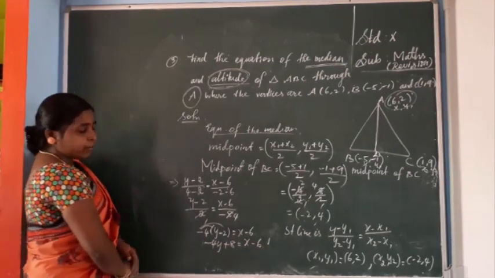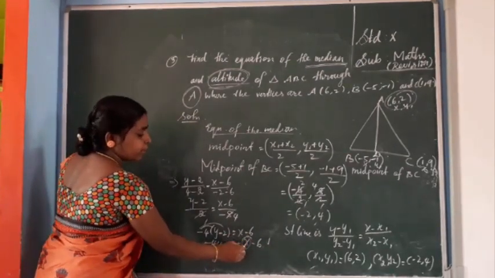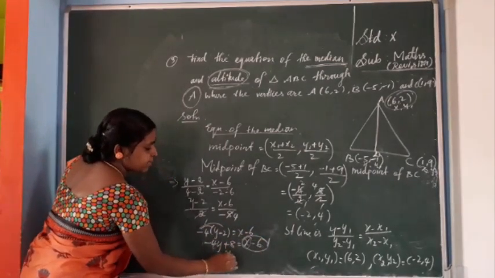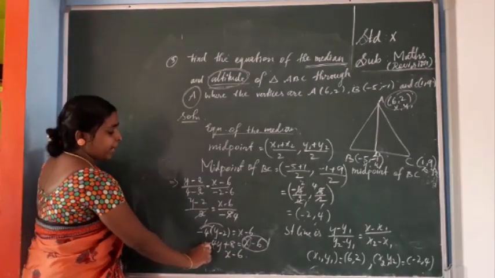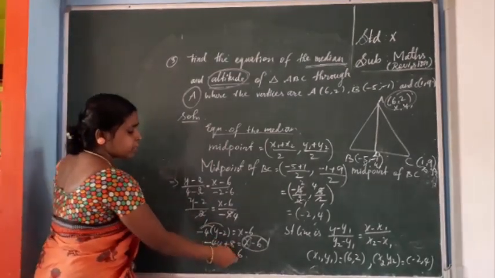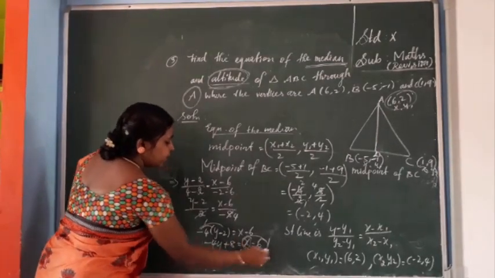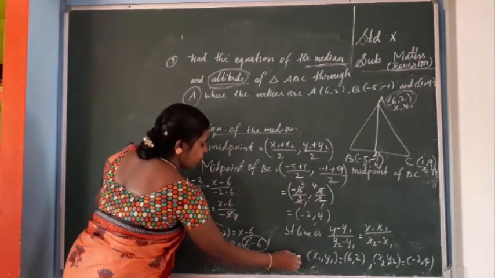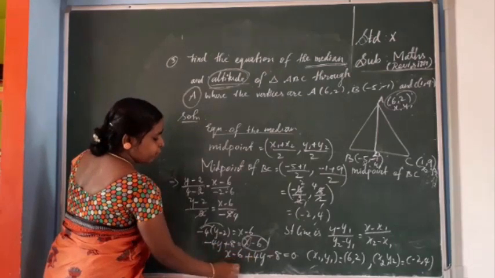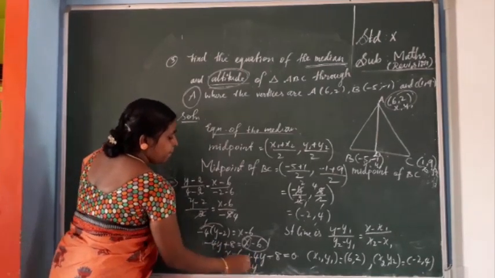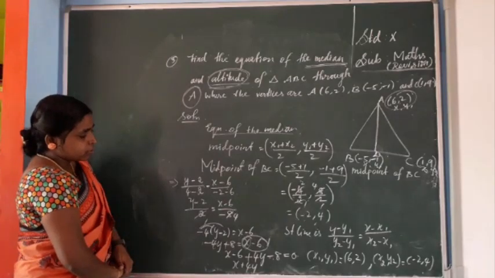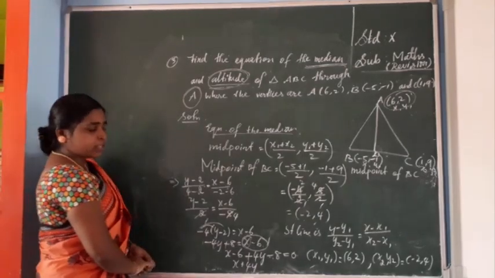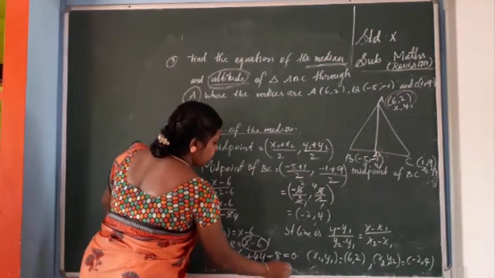Now you take everything from the left to the right hand side, because x is positive on the right hand side. What do you get? On the right hand side there is already x minus 6. Then minus 4y, when you take it to the right hand side, becomes plus 4y. Then plus 8 also, you take it to the right hand side, so minus 8, equal to 0. Now arrange it: x plus 4y minus 6 minus 8. Both are minus, isn't it? Add them: 8 plus 6 is 14. So x plus 4y minus 14 equal to 0.